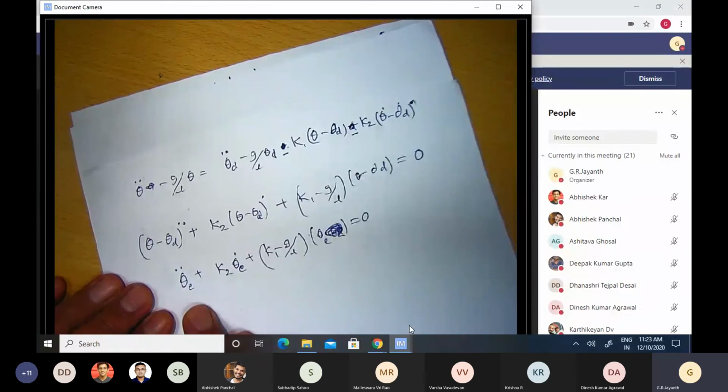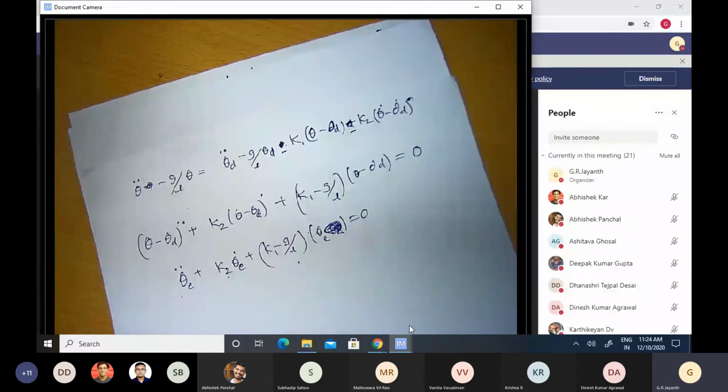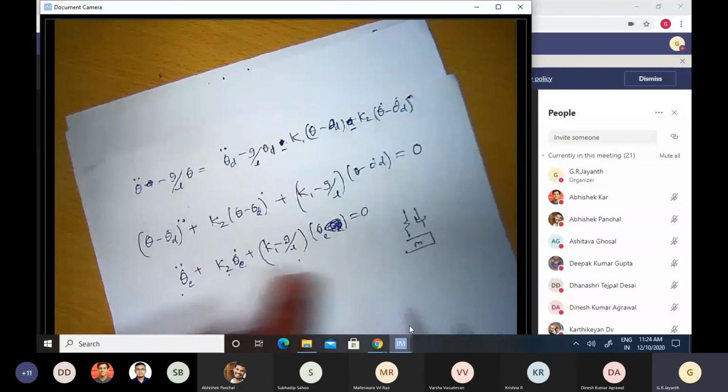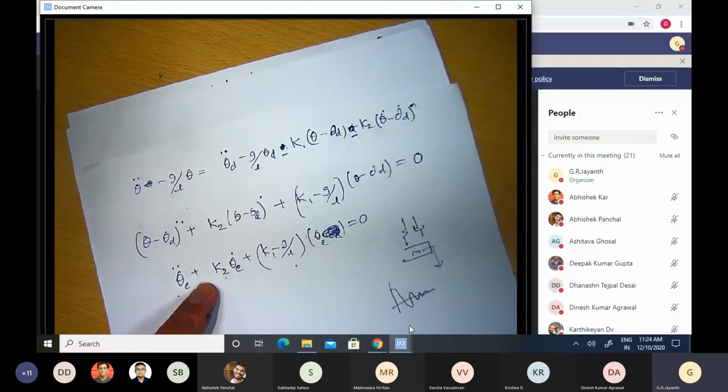Does this remind you of the differential equation governing a mass spring damper connected together? And is a mass spring damper a stable system or an unstable system? It's a stable system, right? Because if I have, let us say, a mass suspended by a spring and a damper, it obeys an equation similar to this. Starting the mass from a certain initial position, how will it behave? Because of the presence of the damper and the spring, it will oscillate, but the oscillations will die down, and the position of that mass will finally come to 0, right?